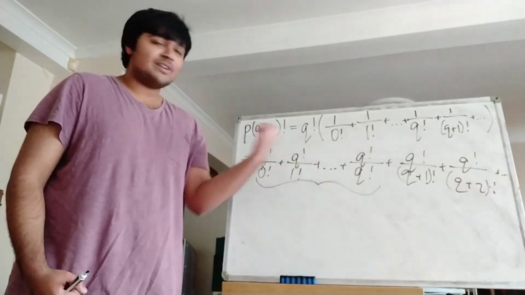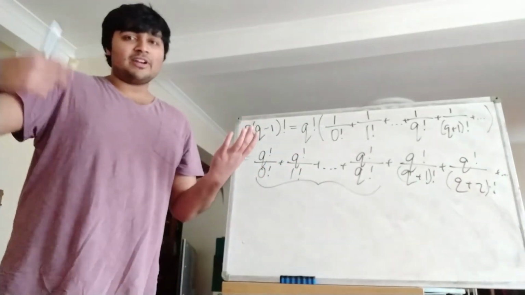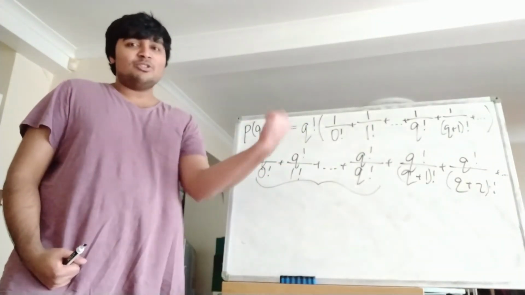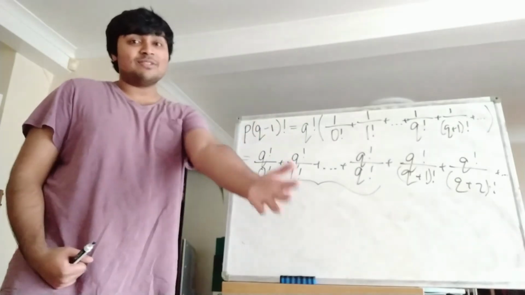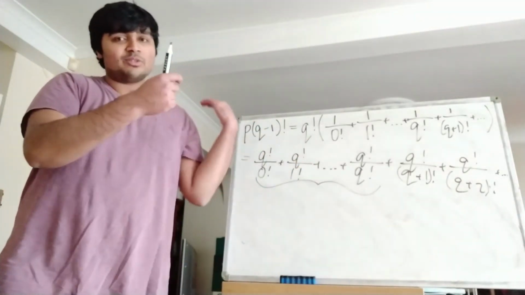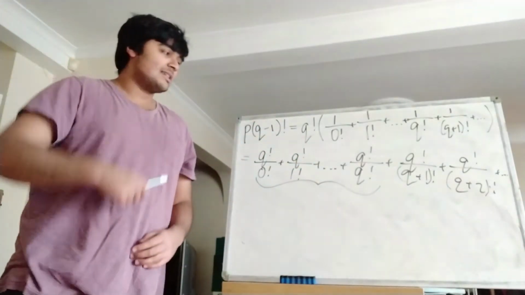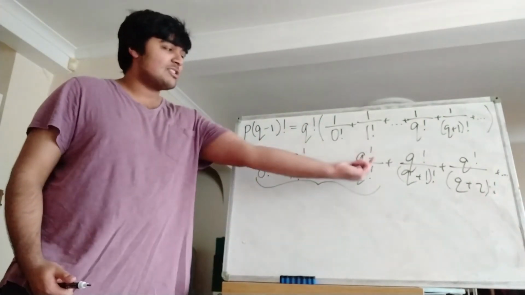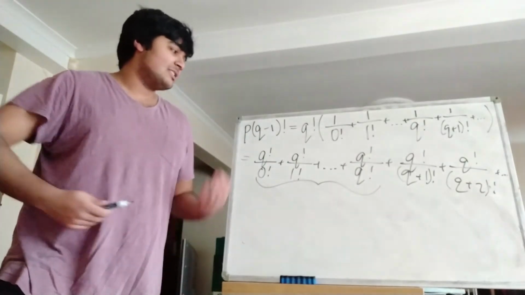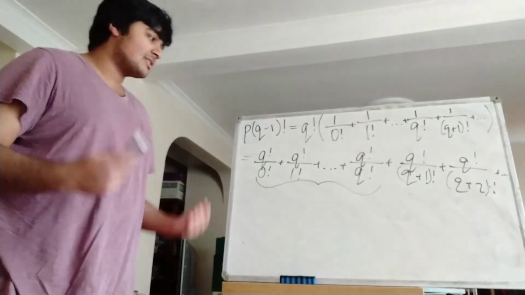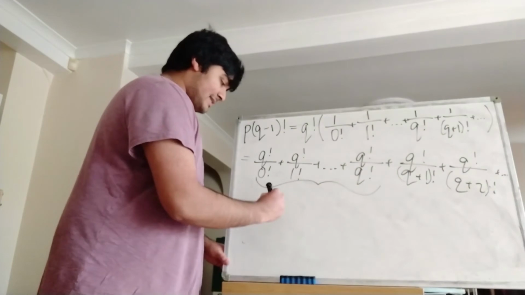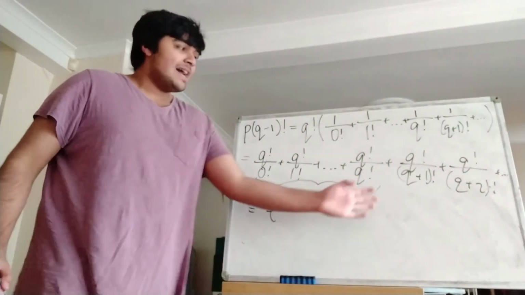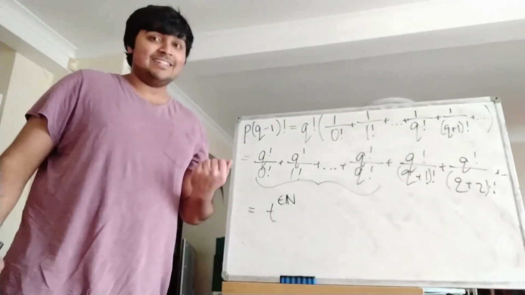But if, say, we look at q factorial over 4 factorial, provided q is bigger than or equal to 4, then q factorial is going to be q times (q-1) times (q-2), all the way down to 5 times 4 factorial. So when we divide by the 4 factorial, we're just going to get the 4 factorials cancelling, and we're still left with an integer. So each of these things here are integers, so when I add them up, they're certainly going to be an integer. I don't care what that integer is, I'm just going to denote it as t, where t is a natural number. Okay, so this stuff equals t, and now this stuff here I claim isn't an integer,